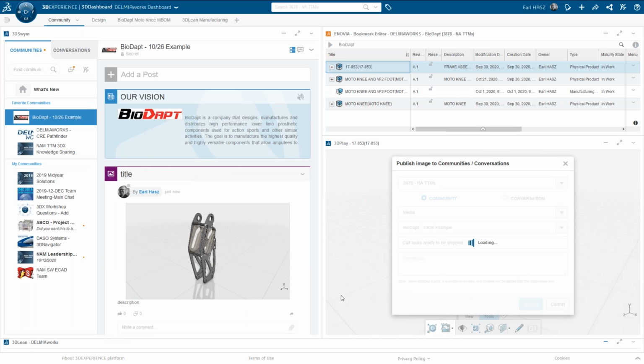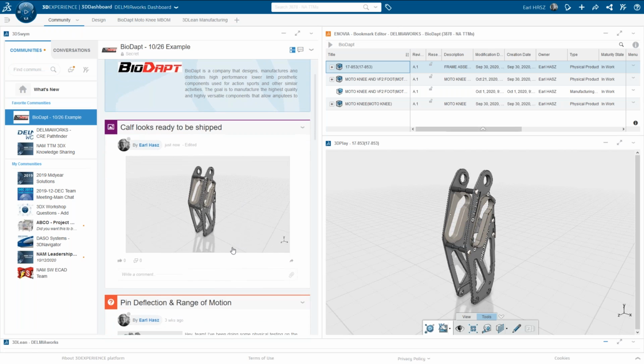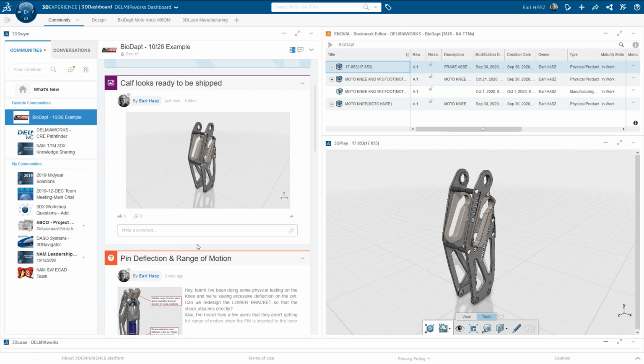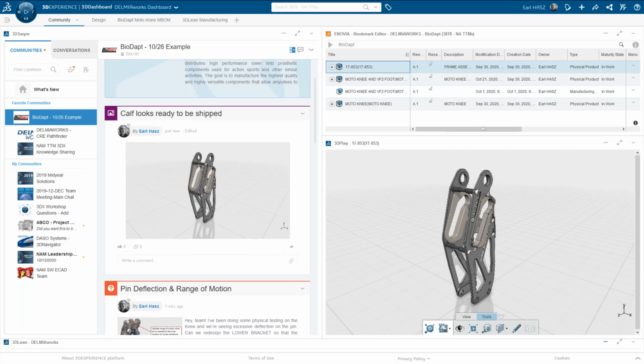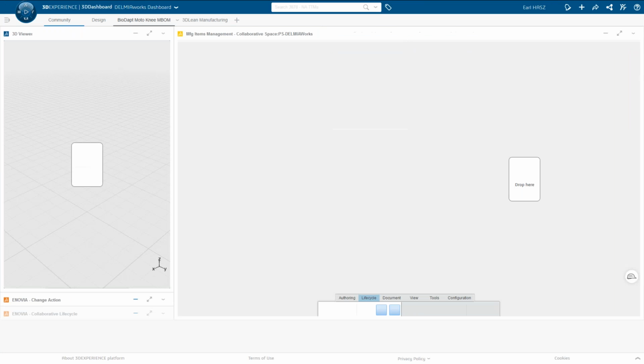And now I've made this available to my colleagues, so that everyone in the organization has the opportunity to see exactly what's going on. They can comment on that, make changes, or add some markups, whatever makes sense in the context of that space. Now, if I change hats here,